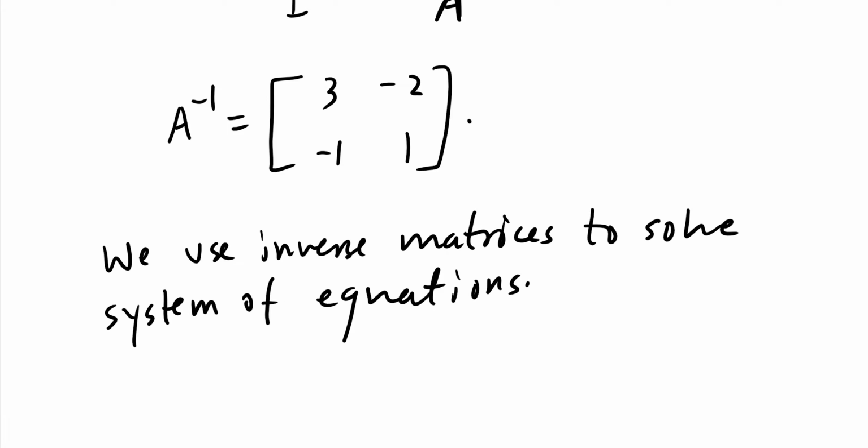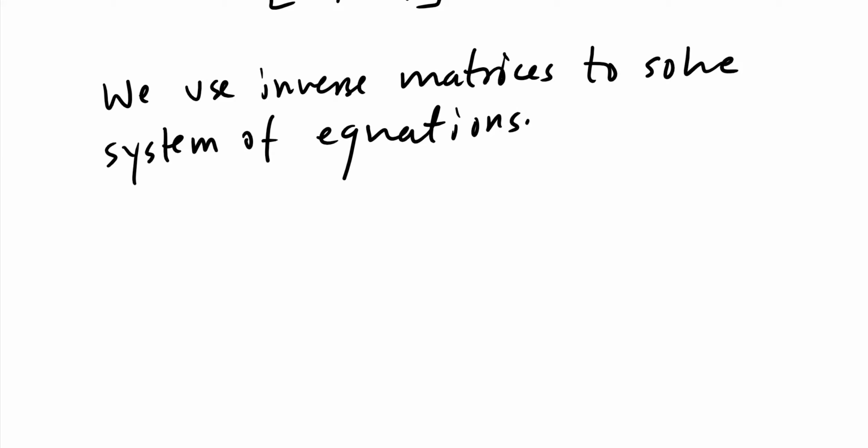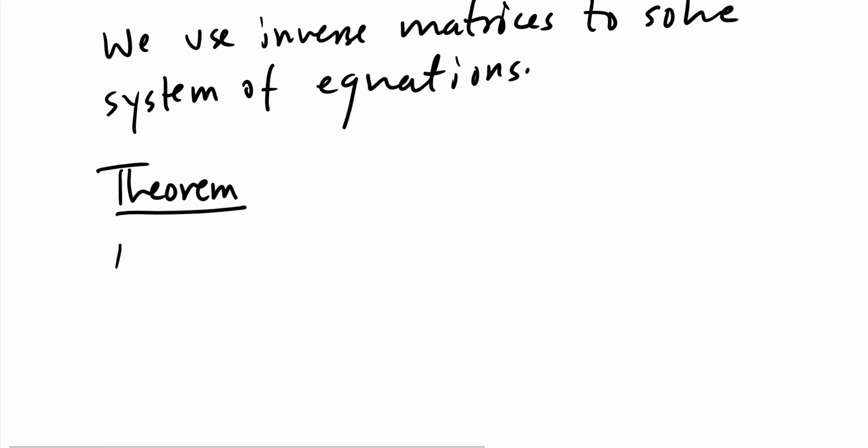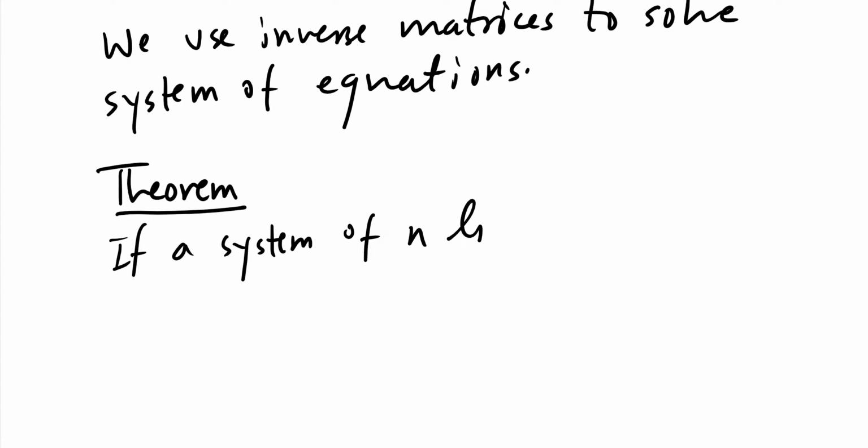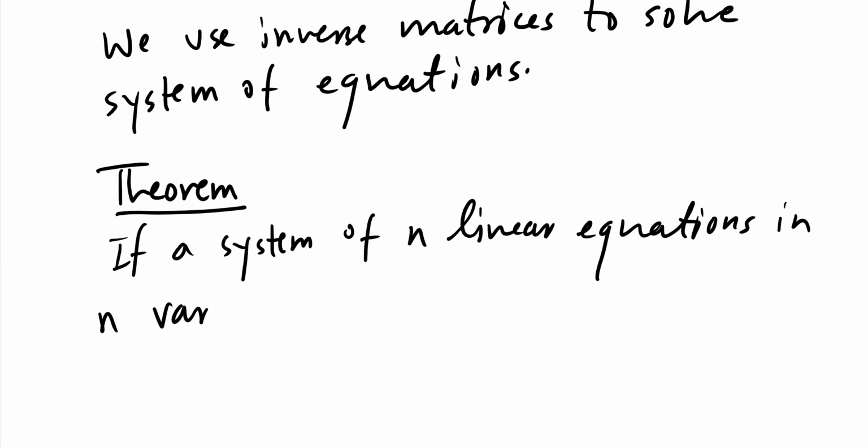In two or more variables. And to do that, let's introduce a theorem. So the theorem said, if a system of n linear equations in n variables has a unique solution,